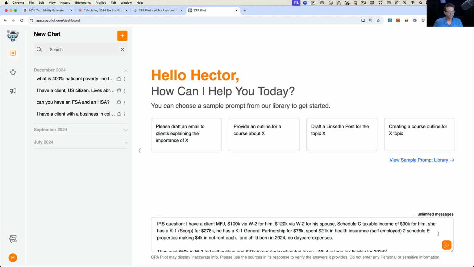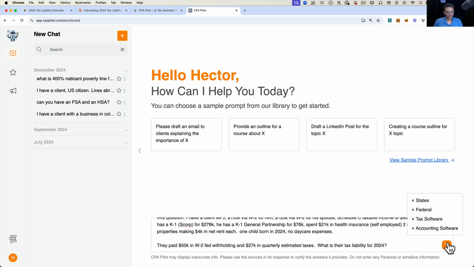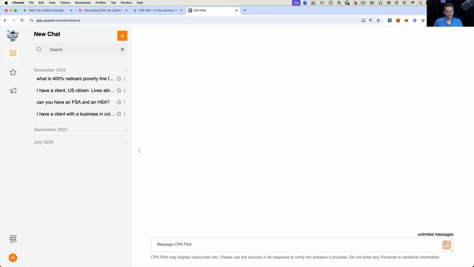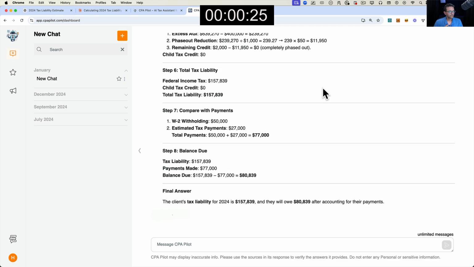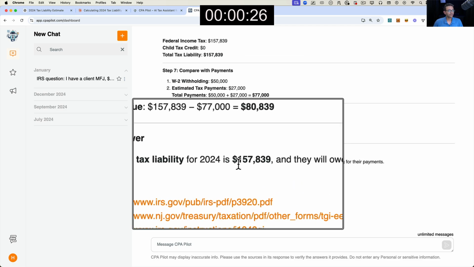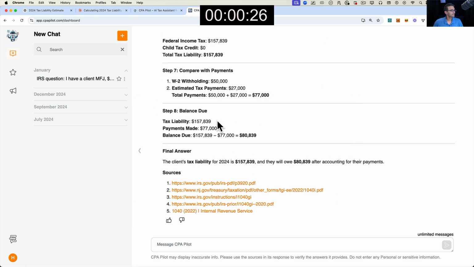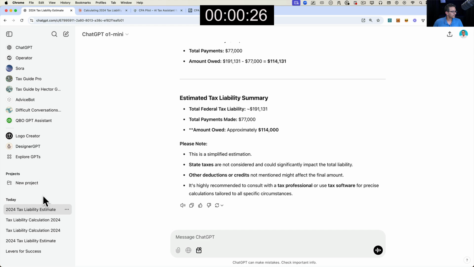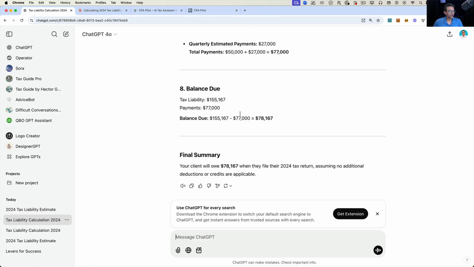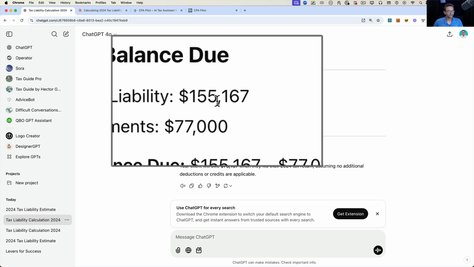So let's see if CPApilot does anything different. We'll hit send, and let's just do a federal via IRS. CPApilot is giving me 157,000, which is a little bit closer. Let's go back to ChatGPT here. It's a little bit closer than the ChatGPT 4.0 calculation, which gave me 155,000.